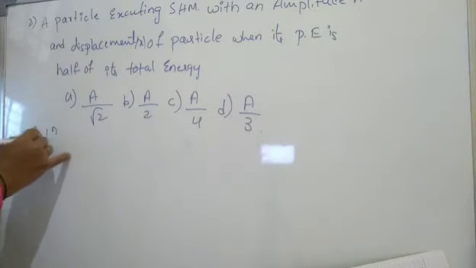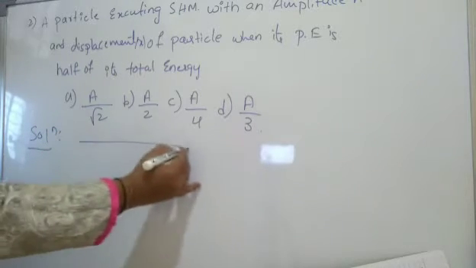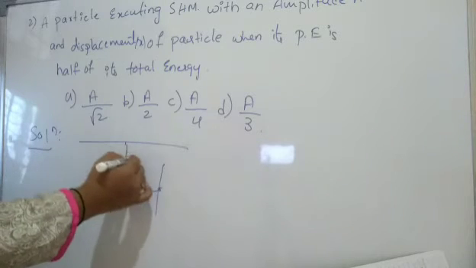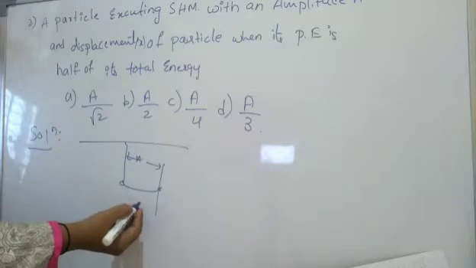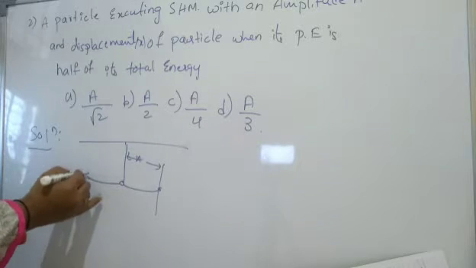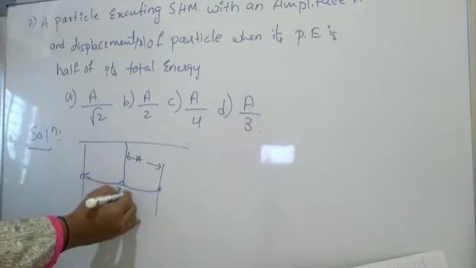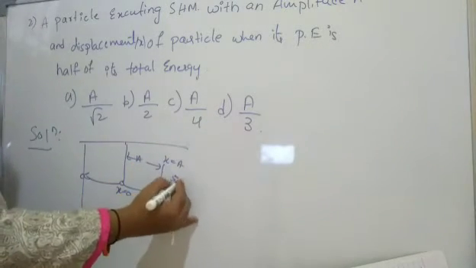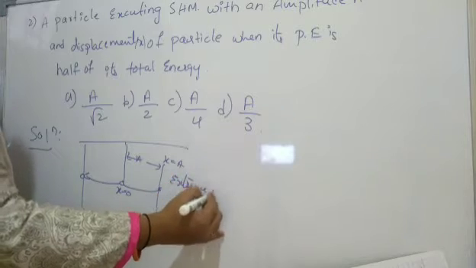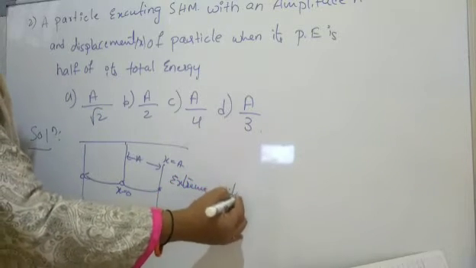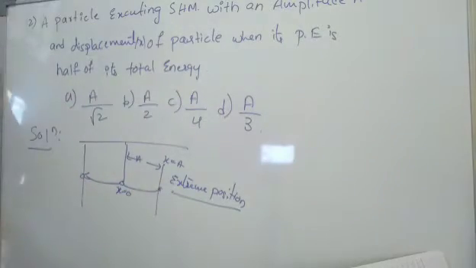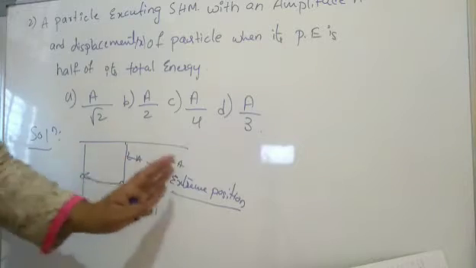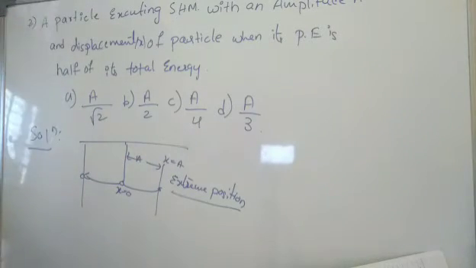So what is this in the given problem? A particle is executing simple harmonic motion. Amplitude is given, so let us take this as the amplitude here. The value they have not given, but amplitude means maximum displacement from the mean position, where x is equal to 0. We are taking x is equal to a at the extreme position. So this is the position of the particle. Since amplitude is given, it is understood that the particle is at the extreme position, the maximum displacement from the mean position.